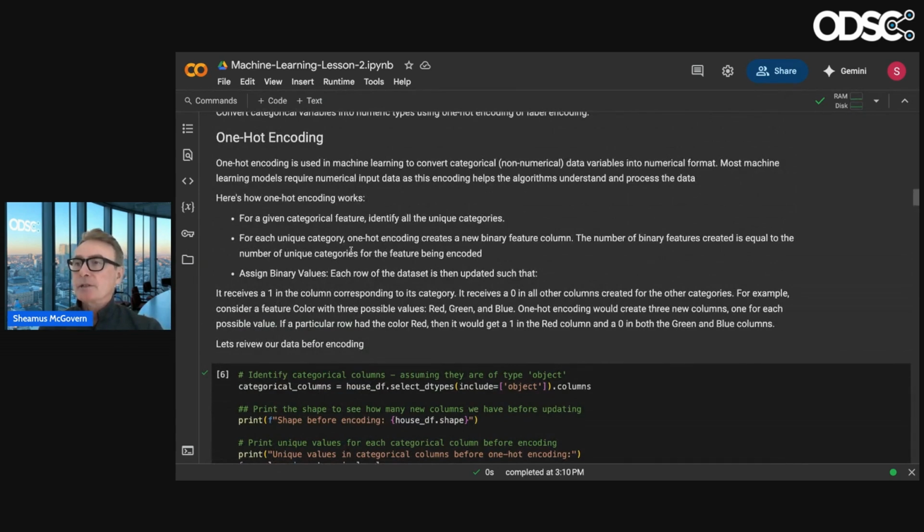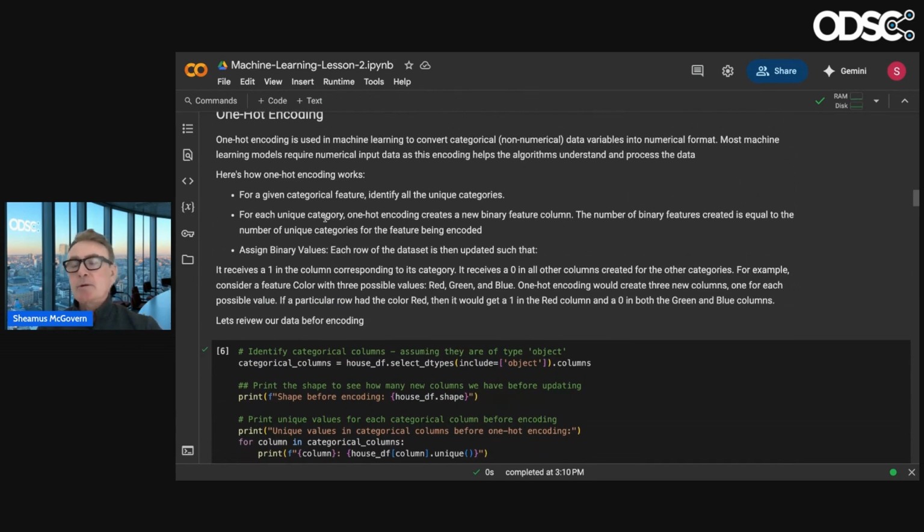So for each categorical feature, non-numerical value, because remember we looked at those, like, what was it, zoning types, there were 5 different zoning types. How are we going to represent that numerically so we can put that in the model? Of those 5 unique values, we're going to create 5 new features, one for residential, one for that, and I forget what the other features were, but one is residential.